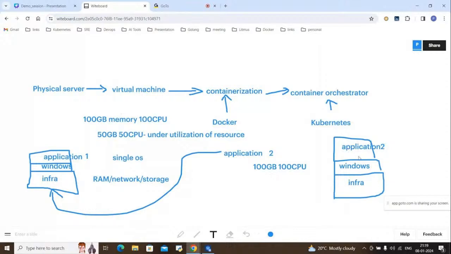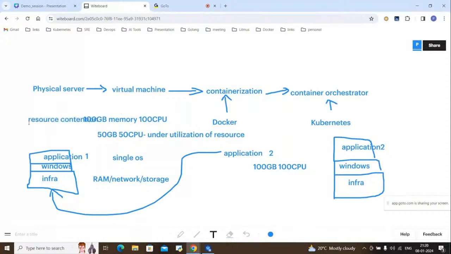This is not easy. And one more thing is, even if you deploy the same application on the same infra, that is the first infra which you have bought, and application 2, for example, is utilizing only 50 GB and 50 CPU. But sometimes when application 1 becomes complex, it demands more. That is, instead of 50 GB and 50 CPU, it is now requesting 60 GB and 60 CPU. So now application 2, even though it needs 50 GB and 50 CPU, is not getting sufficient resource. So this we call a